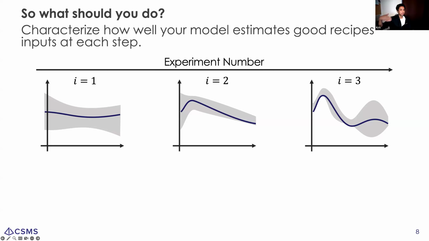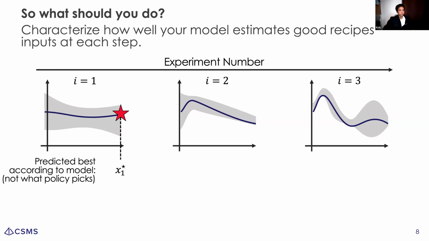What you can do, after you've done your campaign, is go back and look at your data and say, at the first step, my belief was this. After my second step, based on the data available at the time, my belief looks like that, and so forth. At the very first step, I predict this input is my best, because I'm just looking at my model there. At the second step, I think this is my best input. At my third step, I think this is my best input. So you can retroactively figure out what my beliefs thought were the best inputs, and what actually maximizes the property we're interested in maximizing.